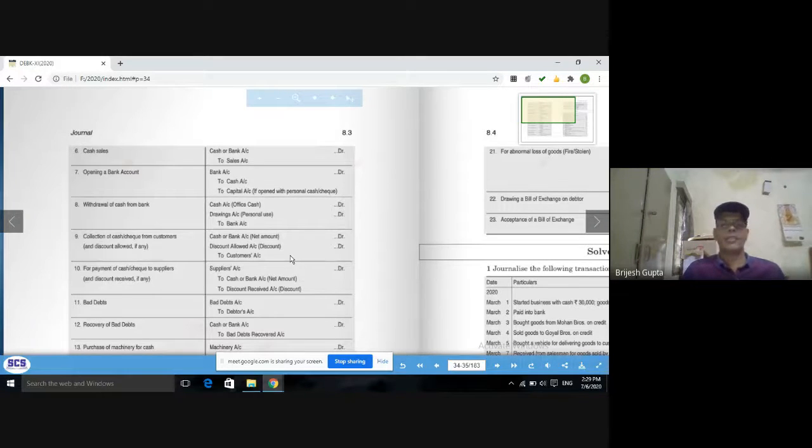Now sales return. So reverse the entry of credit sales. For sales return, reverse the entry of credit sales. Sales account is credited, but for return, sales return account will be debited. It is a decrease in income. Sales return is a decrease in revenues or income, and a decrease in incomes is debited. So sales return account debit to customer's account.